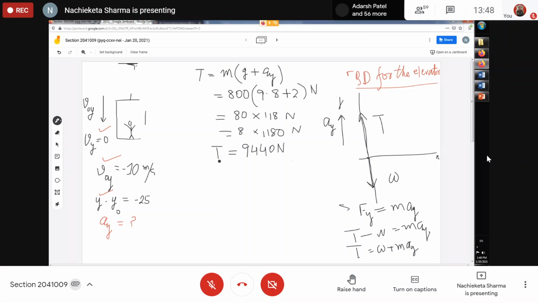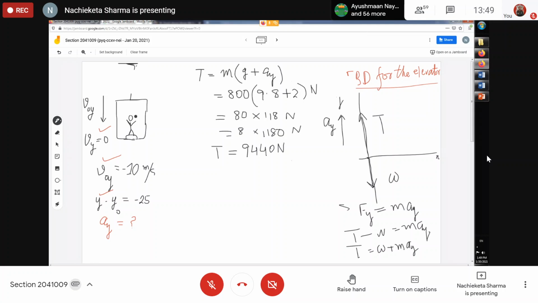Now the next problem is there. Suppose a 50 kg woman is standing on a weighing machine. That is what is called a bathroom scale. Isn't this lady standing on a bathroom scale to find out her weight, whether she has gained weight, lost weight, or her weight has remained unchanged. So she took a weighing machine and stood on it one fine morning in the same elevator, which is moving with 2 meter per second square acceleration upwards.